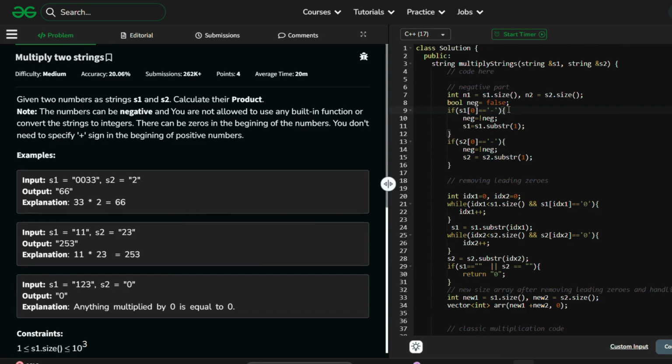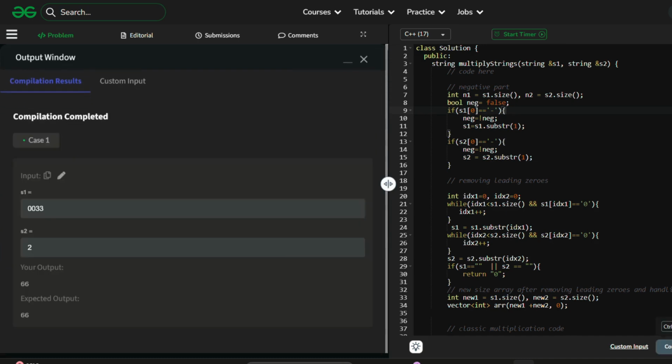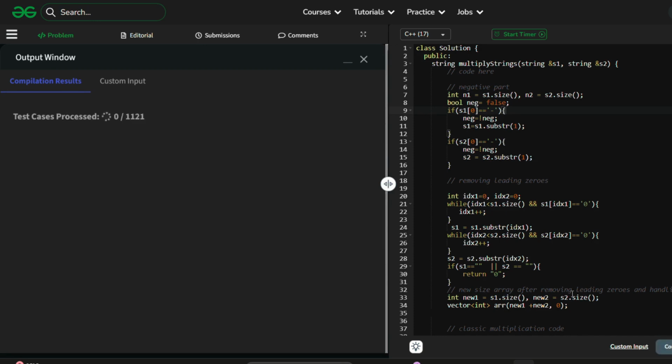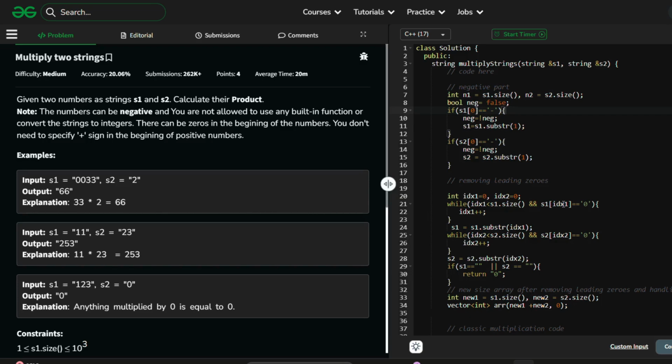First run it and then I'll explain it to you. Okay, so firstly, as I've explained earlier, we'll first remove the negative part of the string.